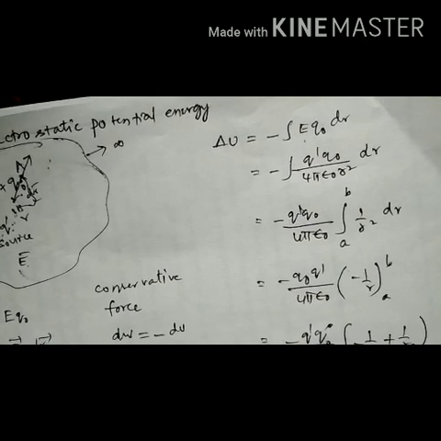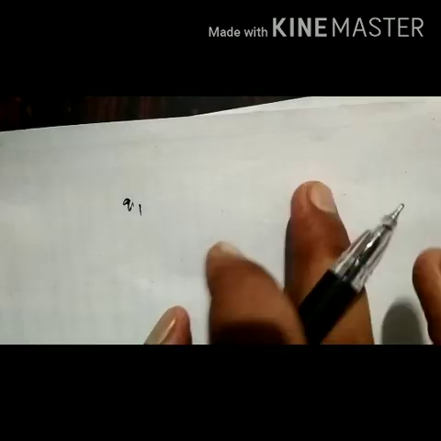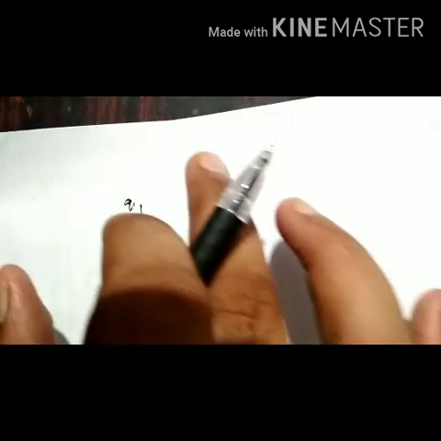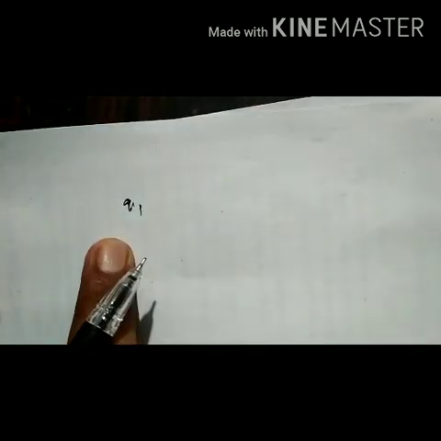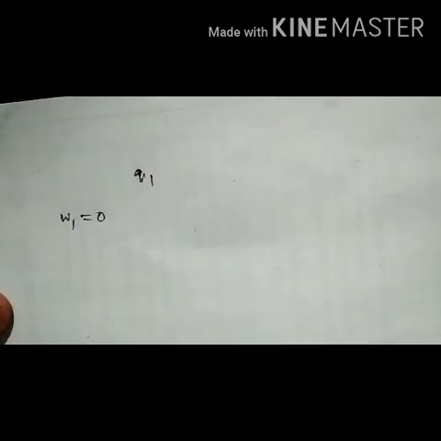So now you can understand this potential energy. How can we understand this potential energy due to a system of charges? System of charges means, for example, consider this is a space. In this space there are no charges. I want to bring a charge q1 and place it here. What is the work done in bringing this charge from infinity to this point? As there is no electric field here, it does not experience any electrostatic force, and as the electrostatic force is 0, the work done will be equal to 0. So the work done to bring the first charge is 0.